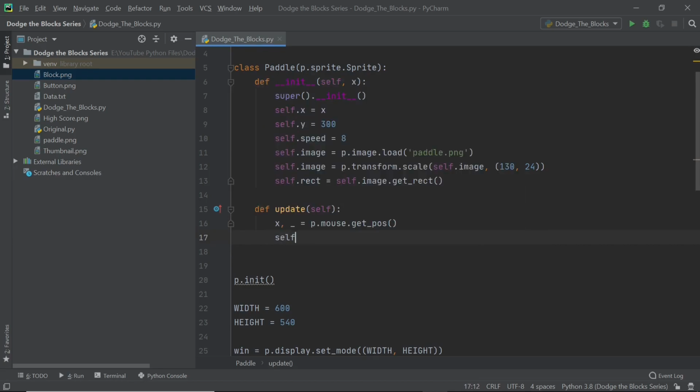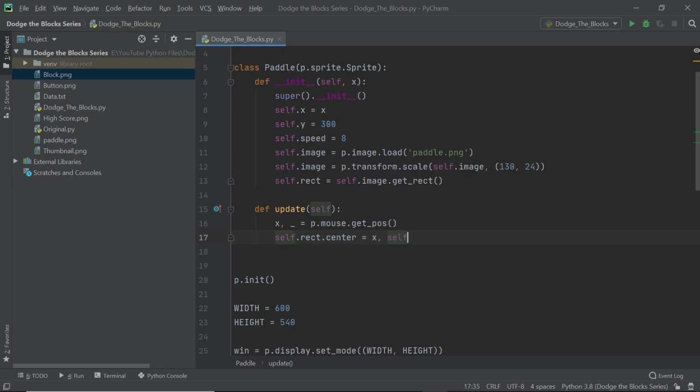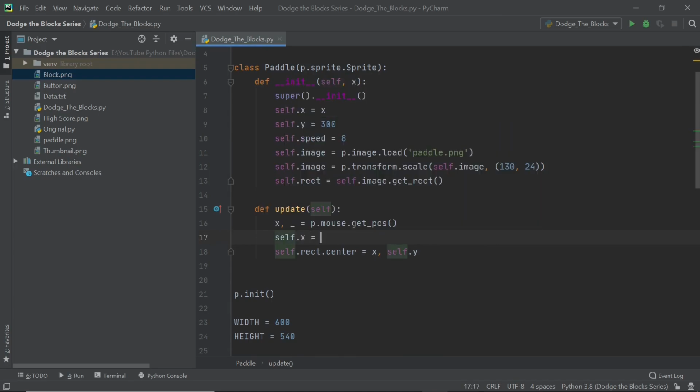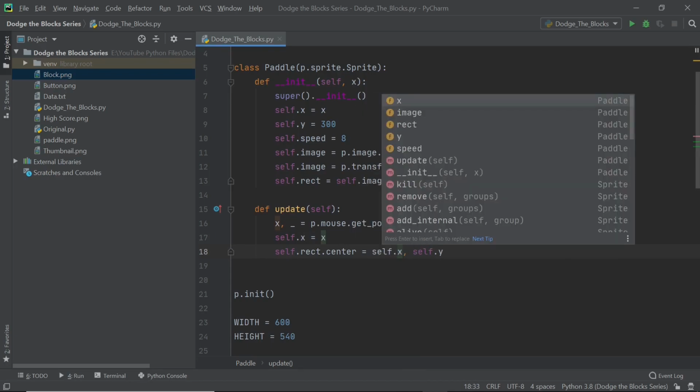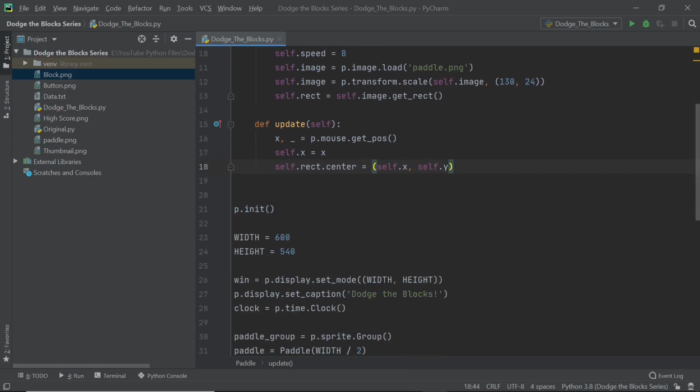So I'm just going to say self.rect.center is equal to, and it's important you spell it as c-e-n-t-e-r and not c-e-n-t-r-e, because if you spell it the wrong way, you'll get some syntax errors. And we'll just call this self.x, self.y. And not self.x, sorry, x comma self.y. And I'm just going to type in self.x here is equal to x, because it's just going to be easier if we have it this way. So just type as I'm doing, and you need to put these two things within curly brackets. So that's going to be the way we do it. And that's pretty much it.